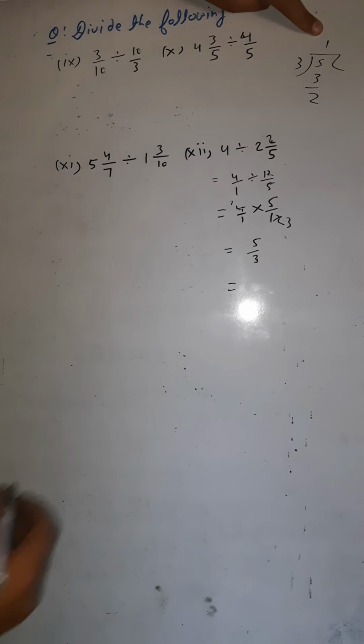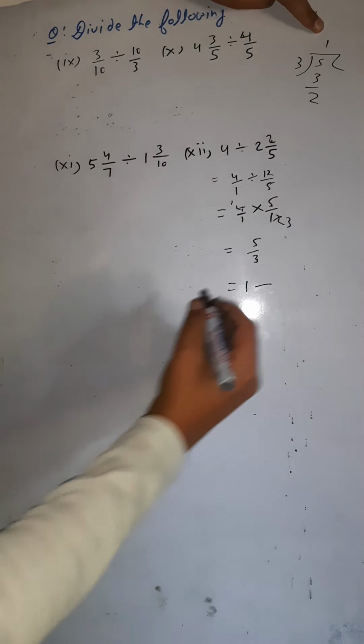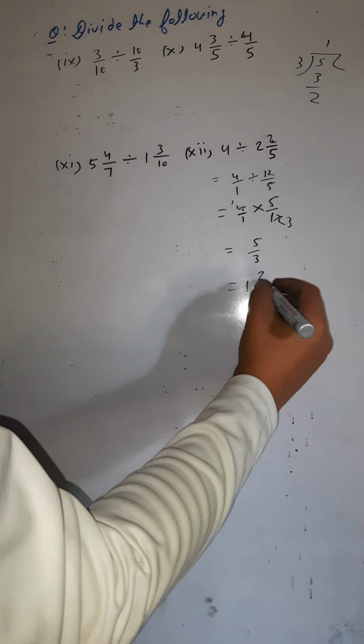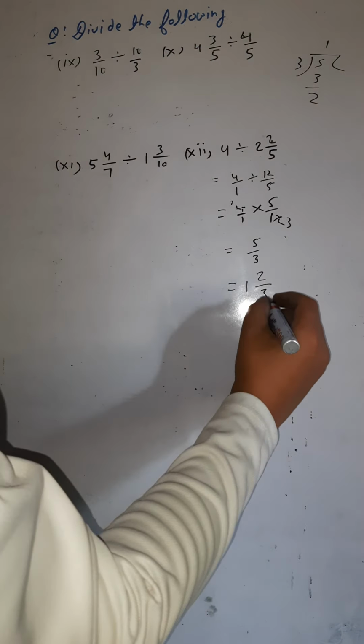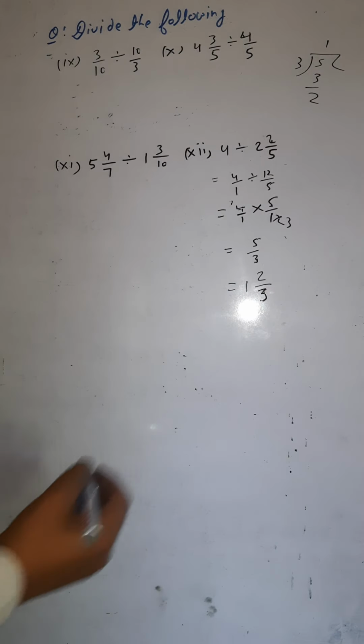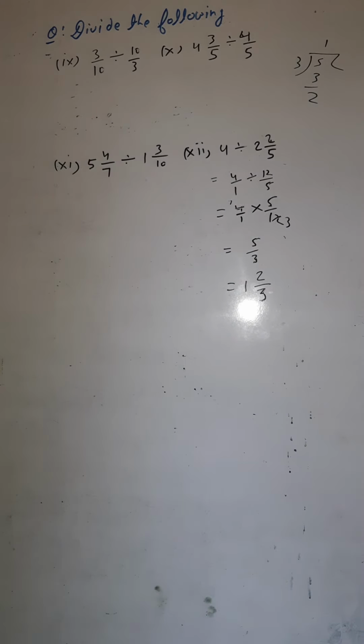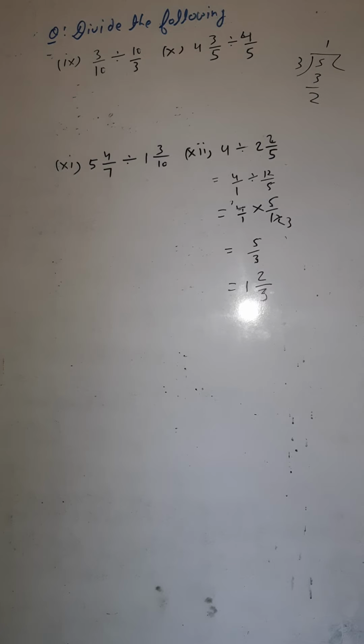So now you can write it like this. The quotient is 1. So write the quotient here. Remainder is 2. Write the remainder up. And you are dividing by 3. So 3 you would write downside. So I have changed it into the mixed fraction also. Okay. So you can do this one here also. Just do these questions on your own. Just note it down.